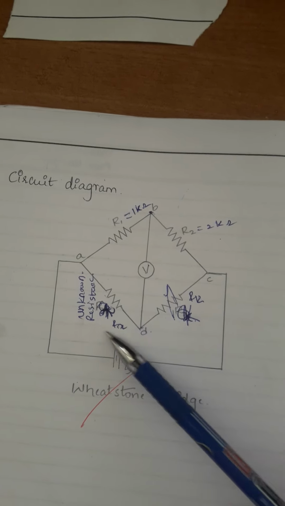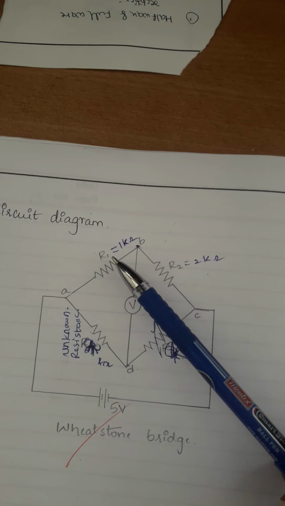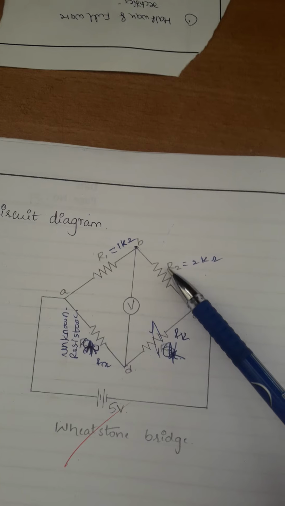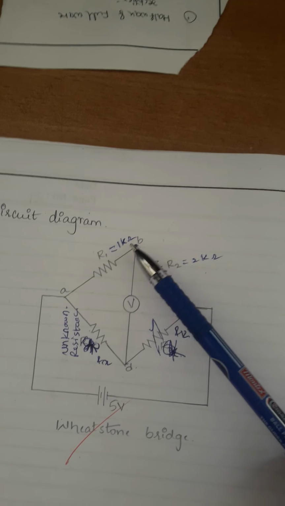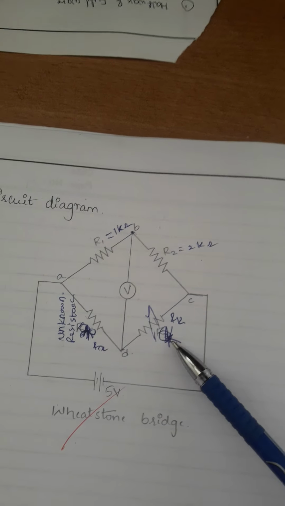To find this value, you need to take one of the resistances as a variable resistance. Here Rk is the variable resistance. For Rk, we are going to use the DRB. And here these two are the fixed resistances. You can use any value for the fixed resistances R1 and R2. For example, I considered 1 kilo ohm and 2 kilo ohm here. This is the variable resistance. By varying this resistance, you can find the value of Rx.